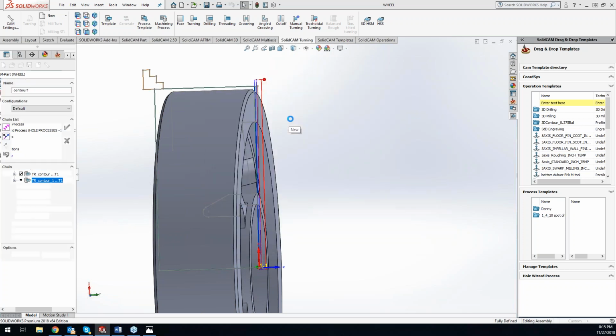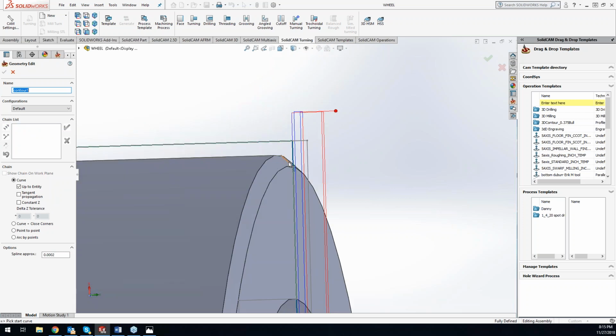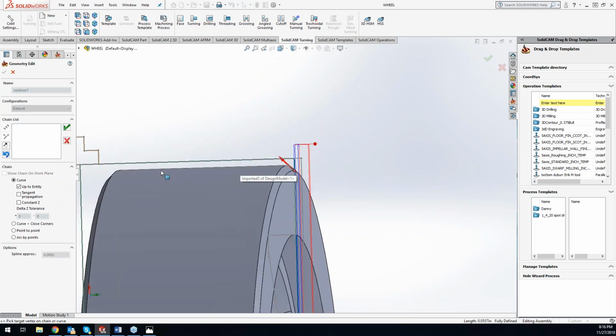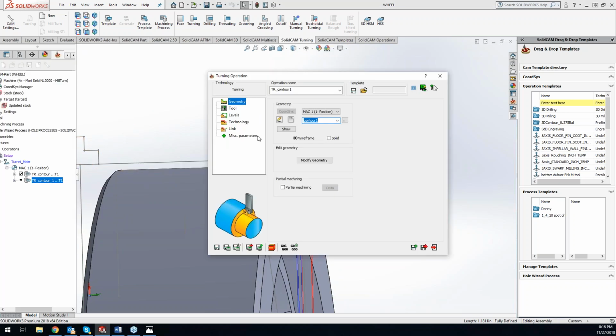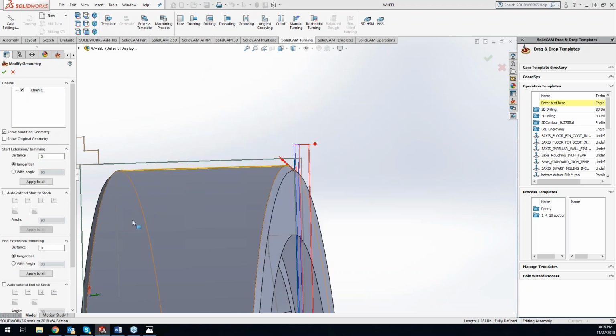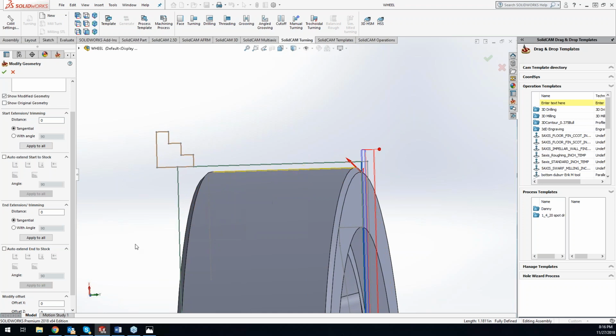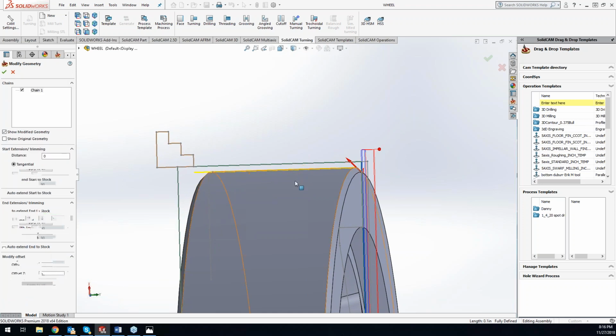And now what I'm going to do is I'm going to grab my OD. And we'll do another modified geometry here. Now, I don't want to do extend up to stock because I'll be running into my jaws here. So what I'm going to do is I'm going to highlight my end extension, click on my jaw. So my jaw would be an additional 157. So let's just put that at